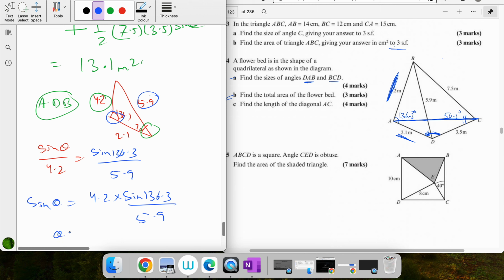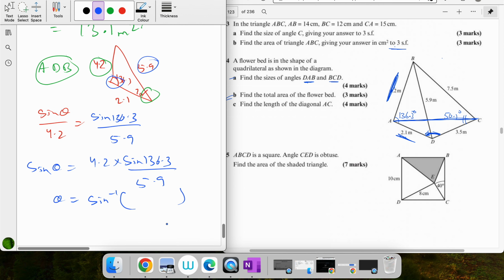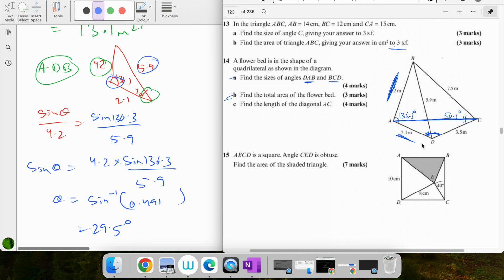5.9, and theta should be equal to sine inverse of this answer, which is 4.2 into sine 136.3 divided by 5.9. This is 0.491, and shift sine of answer, we get 29.45, so that is 29.5. This is 29.5. Now on the other side,